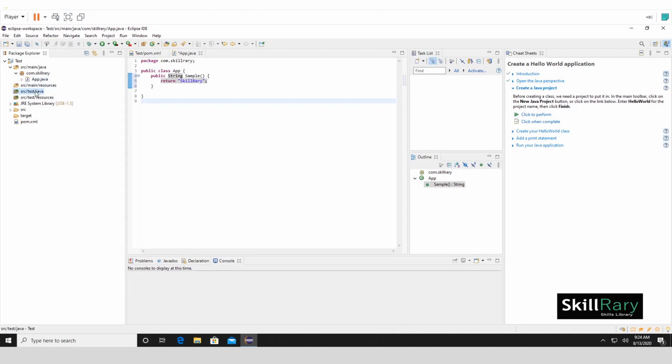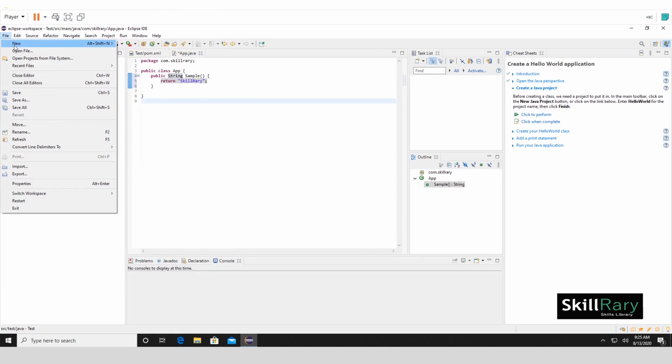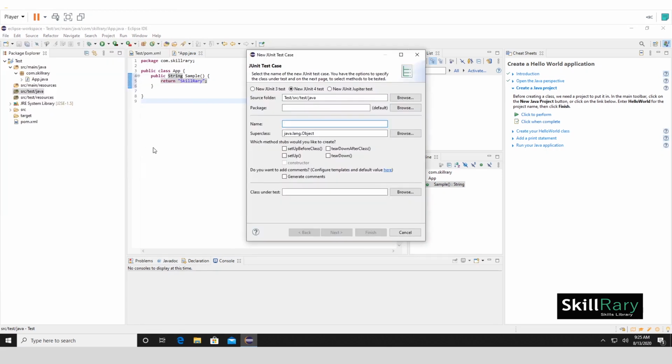Let's go ahead and create a test case for the source that we have created. To create a test case, click on the source test Java project, and go to File, click on New, and select JUnit test case. So let me use the same package, pom.xml, and the name of the project, I would say AppTest, and